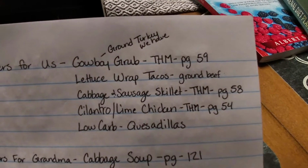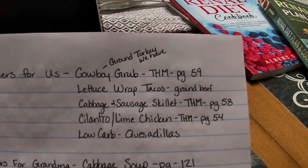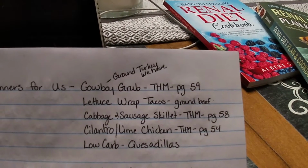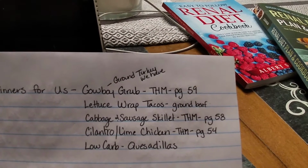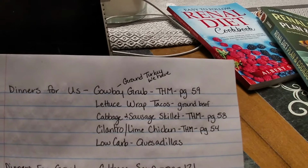But the cowboy grub will last us at least 2 nights, probably 3 realistically. The lettuce wrapped tacos will last us about 2 nights plus a lunch. The cabbage and sausage skillet will probably last us about 1 night and a lunch. The cilantro lime chicken will last us 2 or 3 nights. And then the quesadillas,